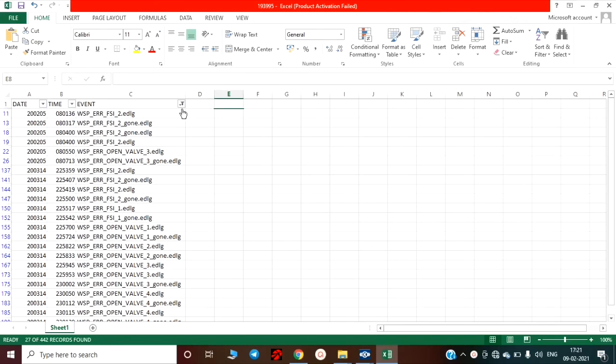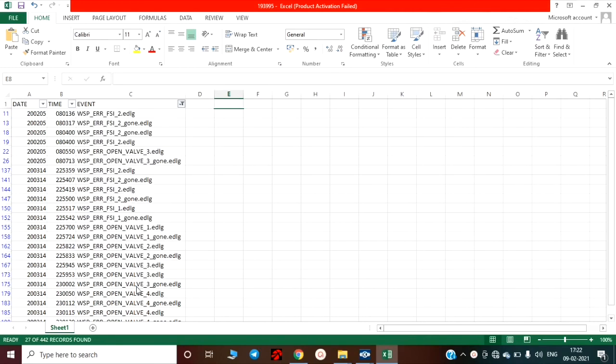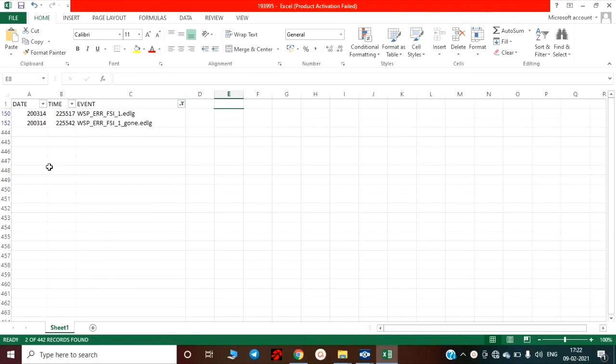Furthermore, we can analyze the errors with respect to a single axle, to a single speed sensor or a dump valve. All these can be done by selecting the corresponding filters. By applying the right filters, we can obtain any data or any information out of the data. Thus, the analysis of file names in Excel gives the easiest way of getting valid information out of the large data provided by NOR. Thank you.